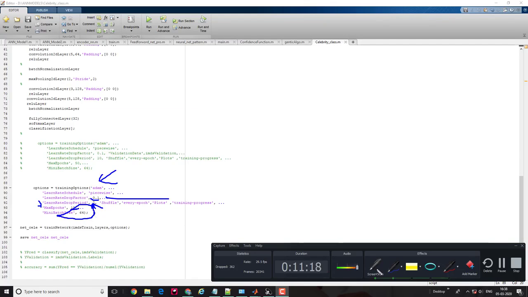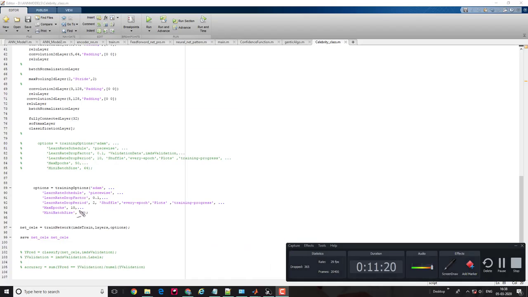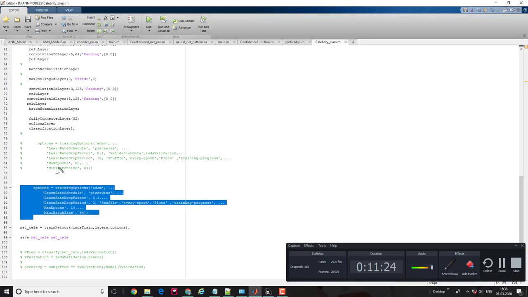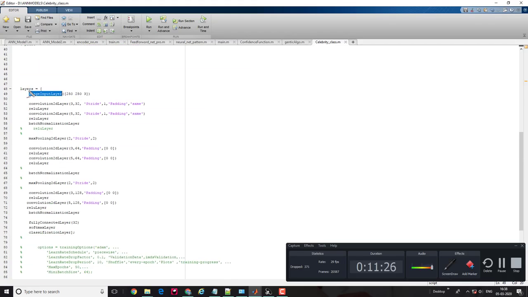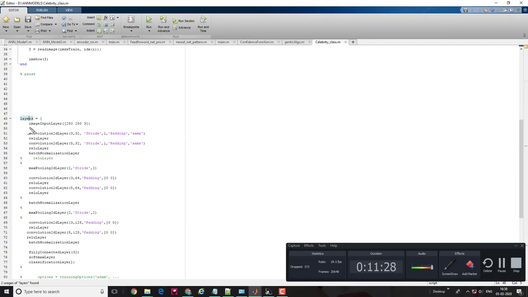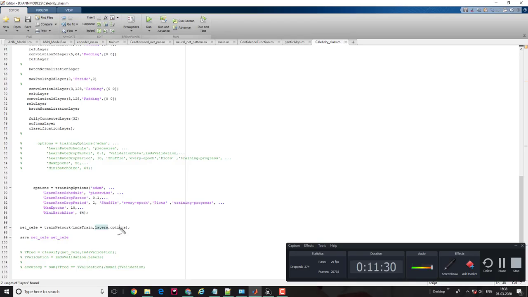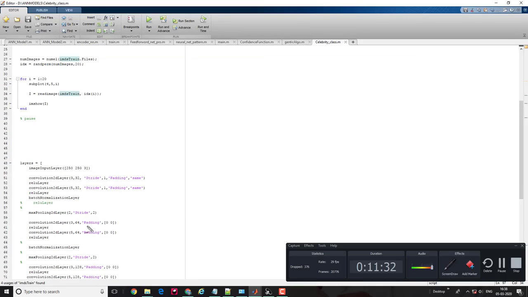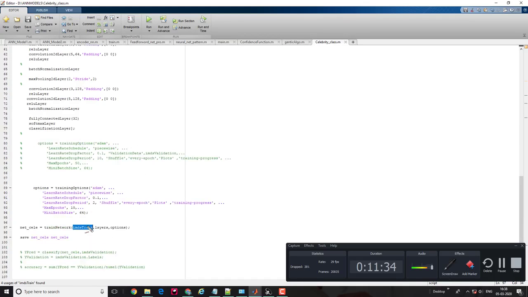You can take whatever batch size you want, even more. Now when you design the training options, you already have the layers of the convolutional neural network, and the image data store for image training containing the image paths and their target vector.